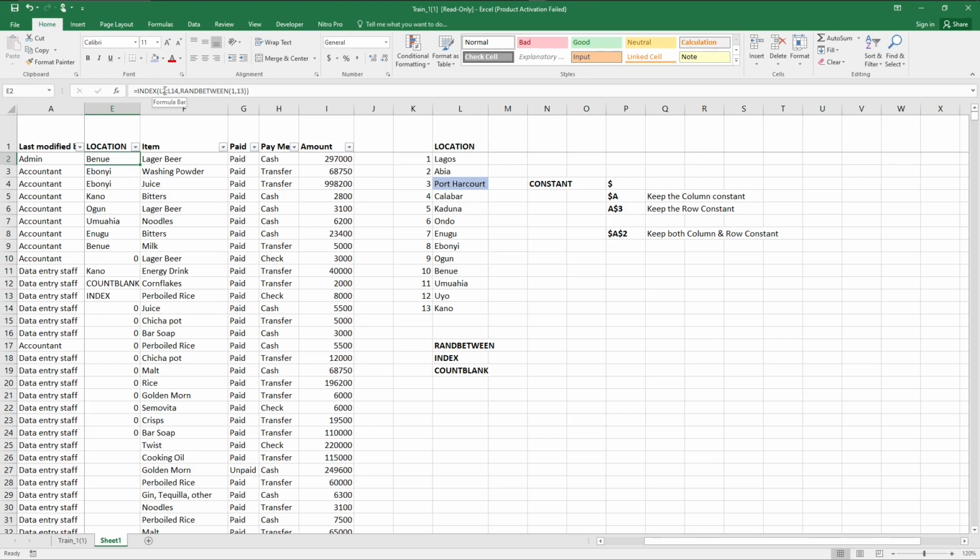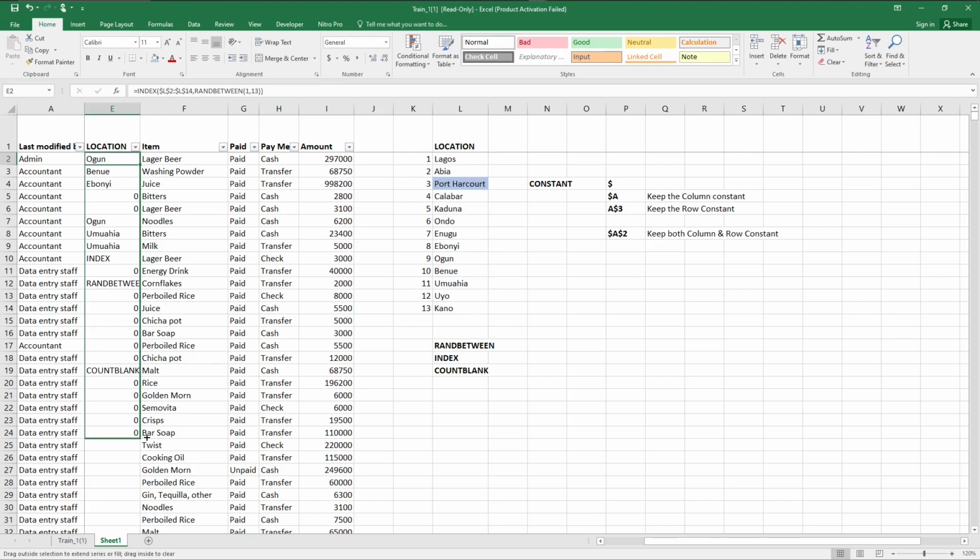So if I come there and place the dollar sign, because I don't want this data to move irrespective of how I'm dragging it, I just want it to be constant. Now I'm adding the dollar sign and pressing enter. Now if I drag this formula down